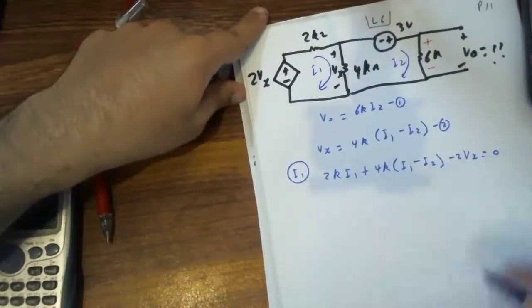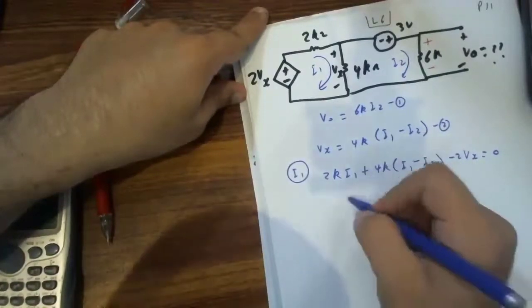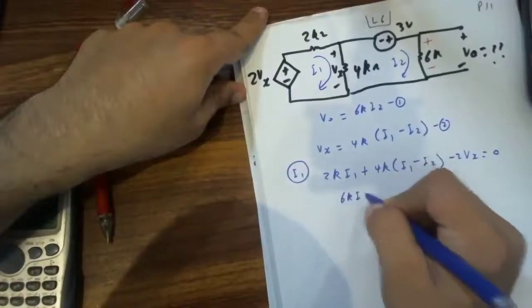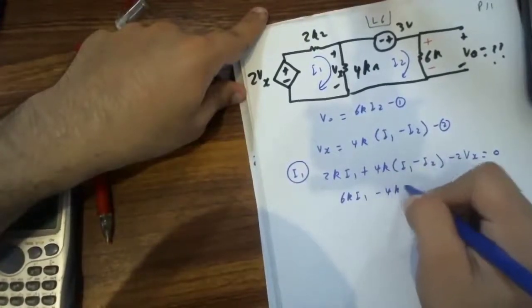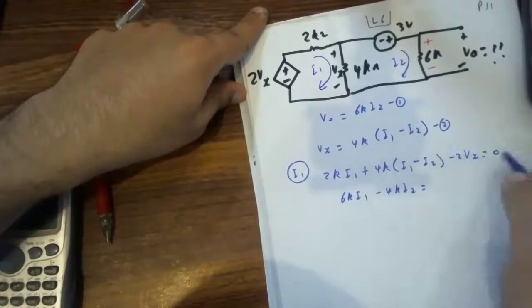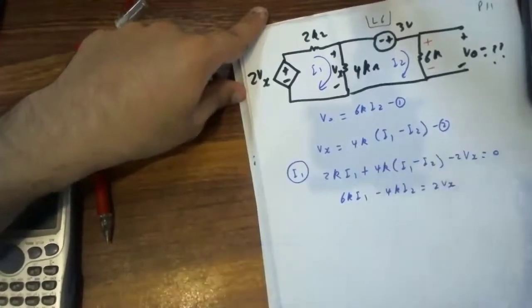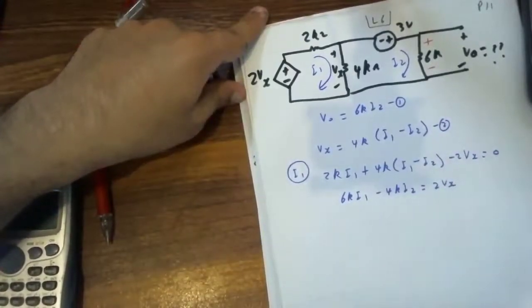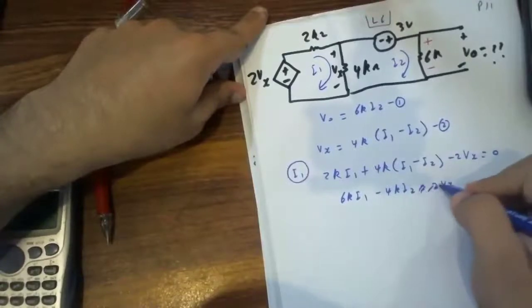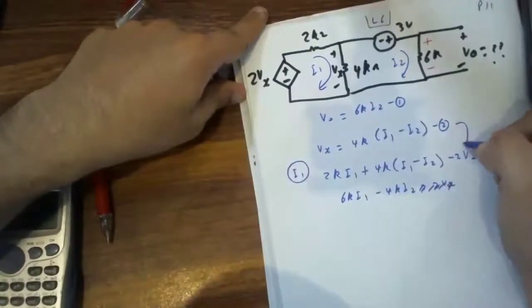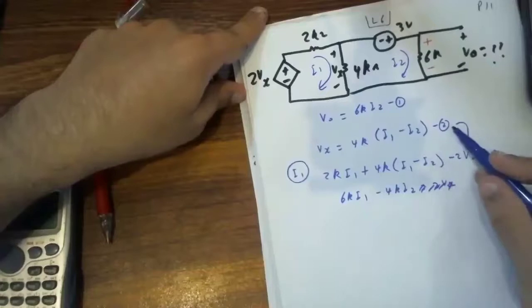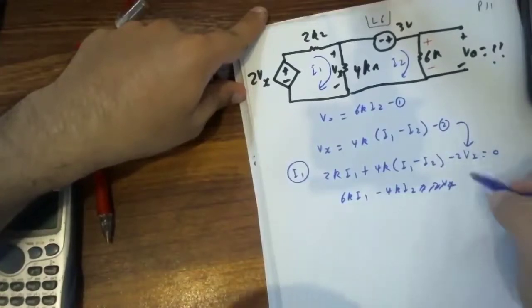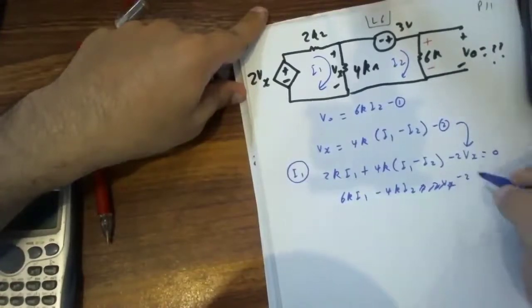अब आप क्या करें, I1 वाली टर्म्स को अलग कर लीजिए और I2 वाली टर्म्स को अलग कर लीजिए, तो आपके पास क्या आ जाएगा, You will obtain 6K I1 minus 4K I2, ये 2Vx पर जाके पॉजिटिव हो जाएगा, सो it will be 2Vx। ठीक है, बल्कि इसको ना ही करें, आप इसको यहां पर सब्स्टिट्यूट कीजिए, इक्वेशन नंबर 2 को इस इक्वेशन में सब्स्टिट्यूट कर दें, तो आपके पास क्या आएगा -2